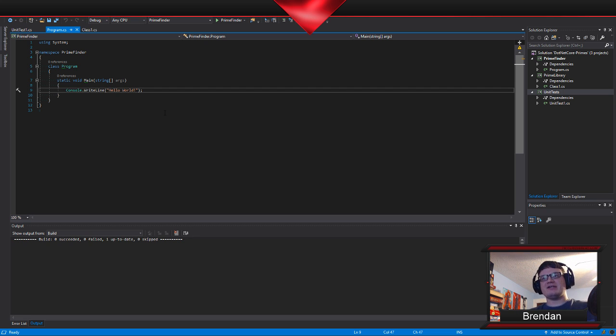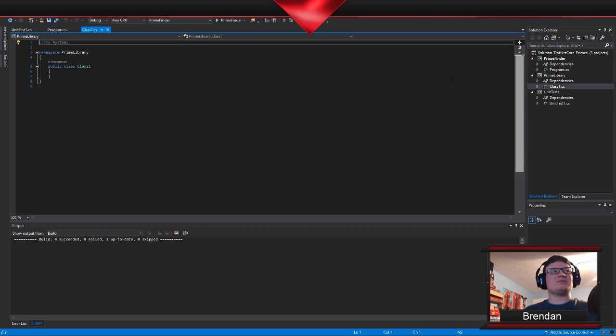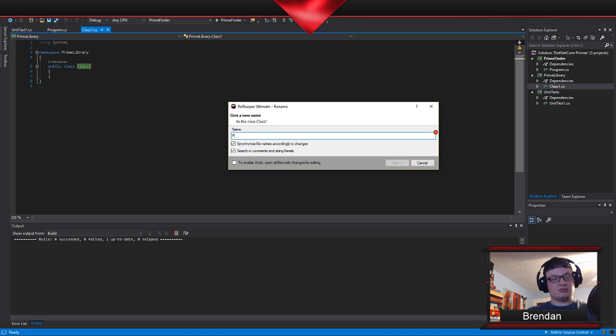So from here, we can do a couple of things. The first one that we're going to do is fix some of these little names we've got around, because we have unit test 1, we've got class 1, whatever. I don't mind our Hello World right now, but I just want to get a couple of things the way I expect them to be. So I'm going to call this the prime list generator, maybe.